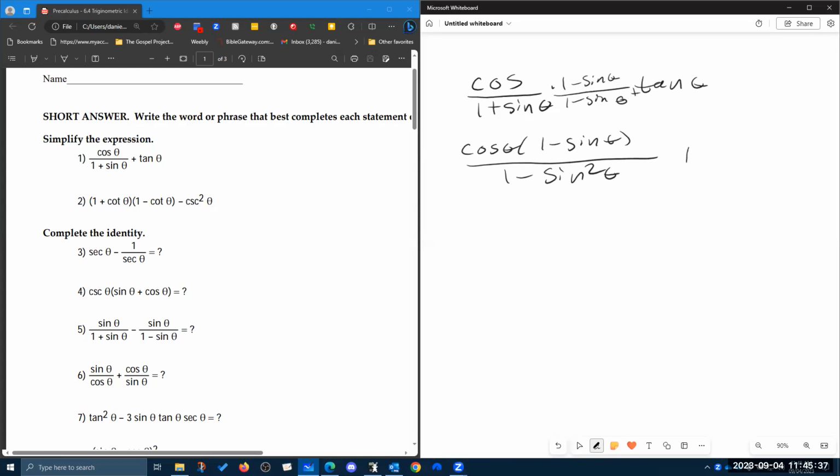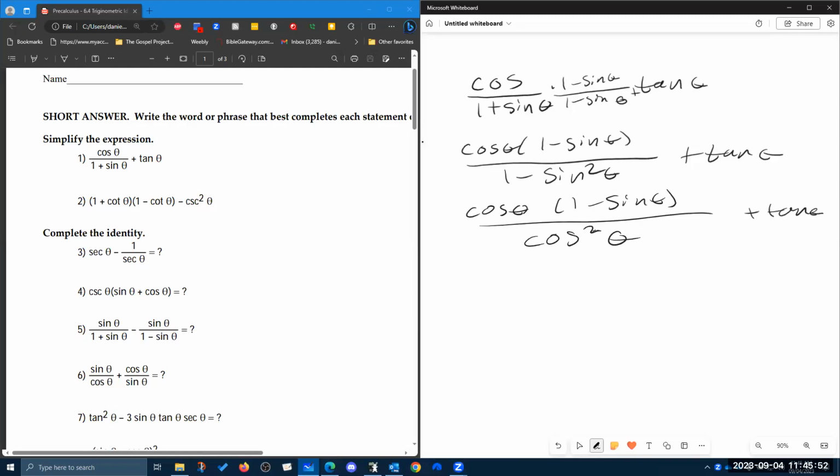So plus tan theta over here is going to give me cosine theta 1 minus sine theta over cosine squared theta. One of the cosines is going to cancel, and that's going to give me 1 over cosine minus sine over cosine